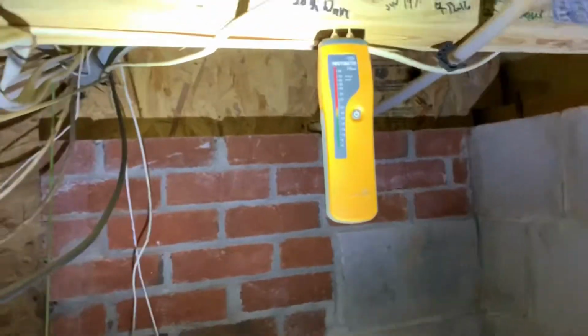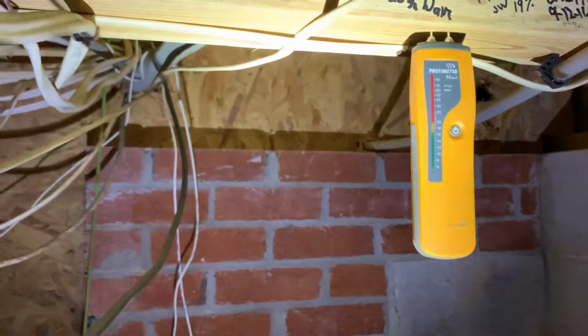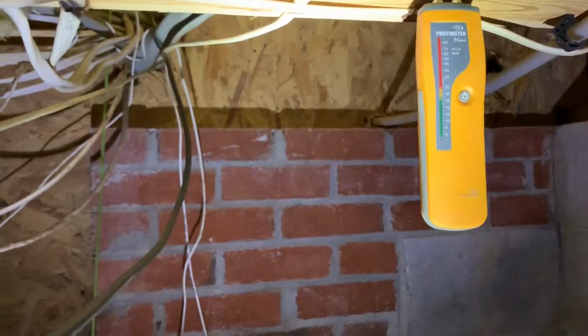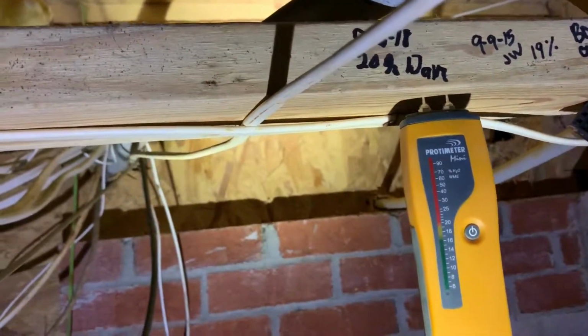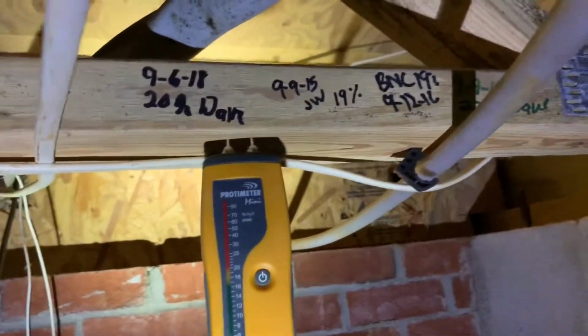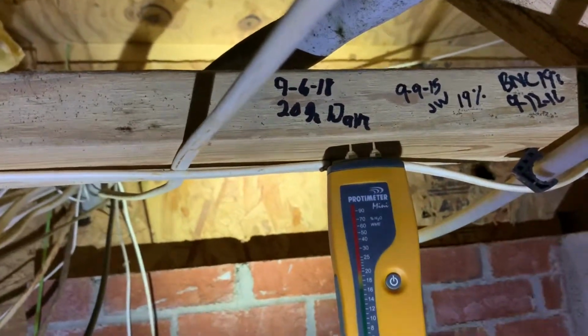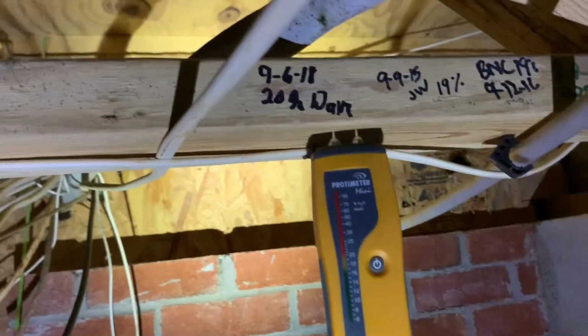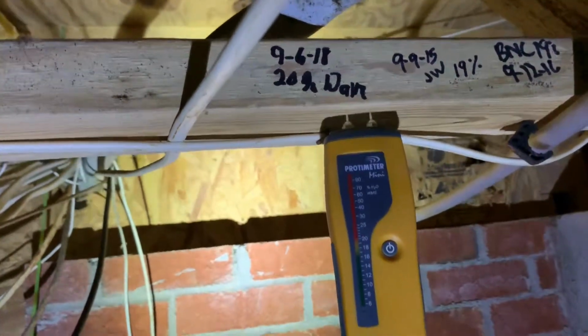That's what's going on here, and it's actually a good place to make the point about the seasonal nature of the moisture down here in the southeast. What goes on in a house like this, for example, you can see here this house is under contract, and they've been inspecting it, and this is good. They're indicating they did moisture meter readings here, and they found this is the level, on 9/6/18. So last year